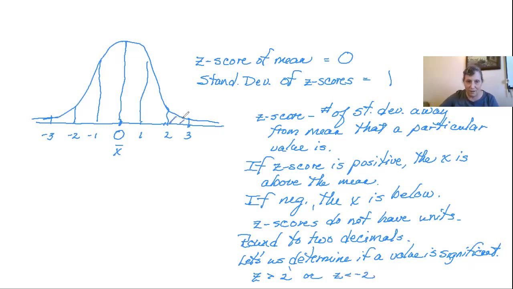If it's up here or down here, then it's considered sufficiently extreme to be statistically significant. That means it lies outside 95%